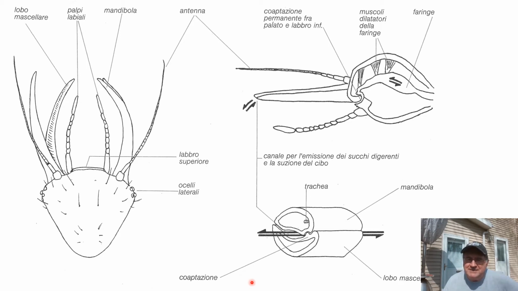Sorry, my Italian's terrible. So they are moving in a coordinated fashion, and between them there is a channel for the emission of digestive enzymes from the gut into whatever they're feeding on, and then the ingestion of the fluids from the body,